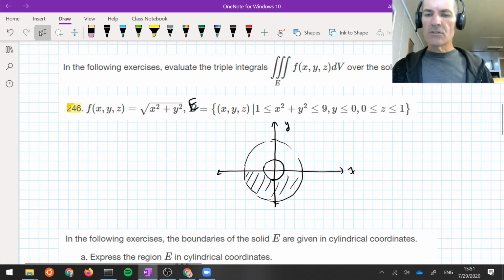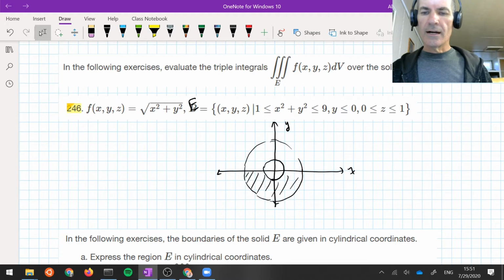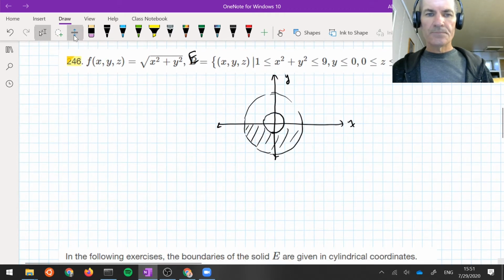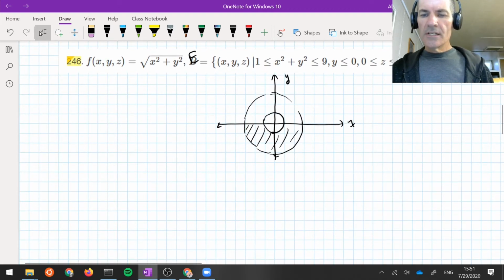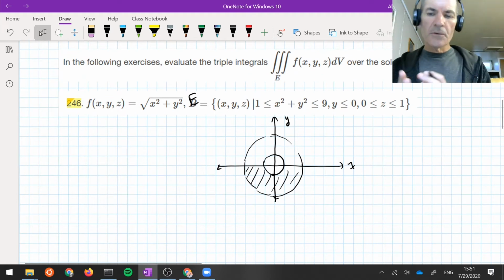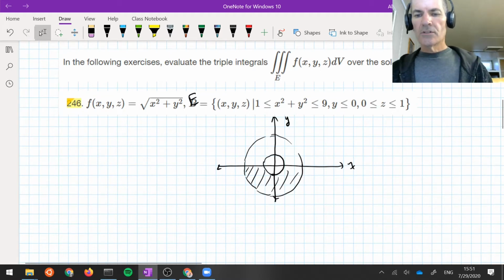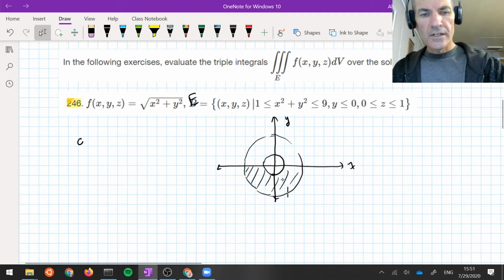So can you imagine what this looks like? Here's the base of this figure, and it just is drawn up to fill out a volume 1 unit high. All right, what do you think are the best coordinates to use in this situation? You do see a lot of circles, but you don't see any spheres here. Mostly you see cylinders because this thing is really a circle that's extended up 1 unit, and then the outer circle also extended up 1 unit, and those are cylinders. So let's see if we can't use cylindrical coordinates